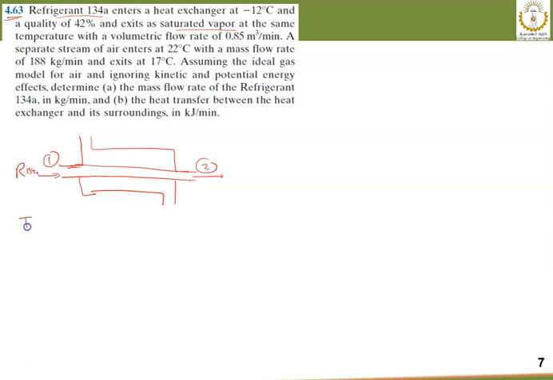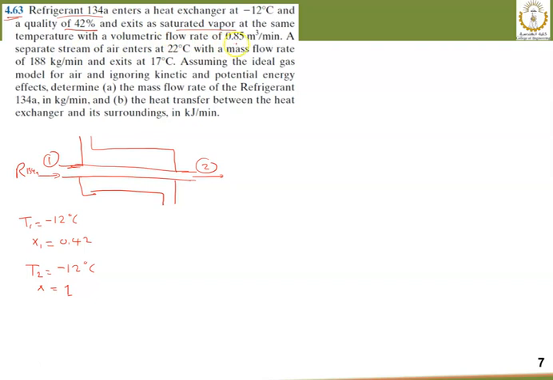So we have T1 equals the entrance, minus 12 degrees centigrade, X1 equals 0.42, and it exits a saturated vapor, so at the same temperature. So T2 equals again minus 12 degrees centigrade, and X equals 1, saturated vapor,